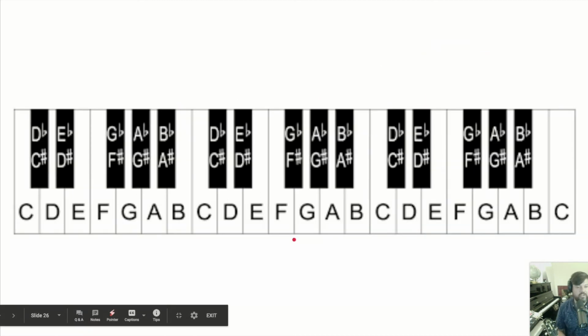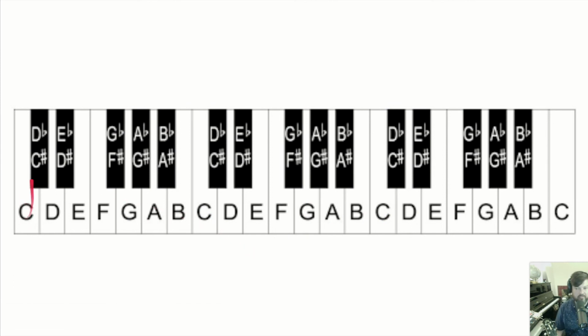Okay, so here we have a graphic of what I was explaining moments ago, where you have the enharmonic equivalence here. I didn't put the enharmonic equivalent images here, but what's cool about this is you can see this C looks exactly like this C, but this one's going to sound like the next higher version of